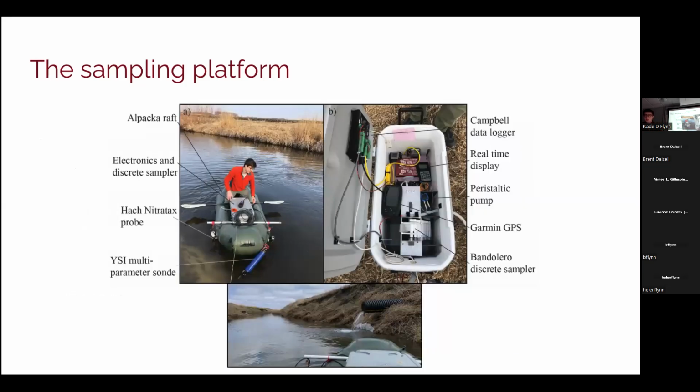So a little bit more on the specifics of the sampling platform. The entire platform is based on, the brand is Packraft, but it's an inflatable packraft. What's unique about this over a traditional kayak or canoe is that it has a very low draft. So we're able to sample when water is quite shallow during low flow conditions, and also in these smaller order streams.